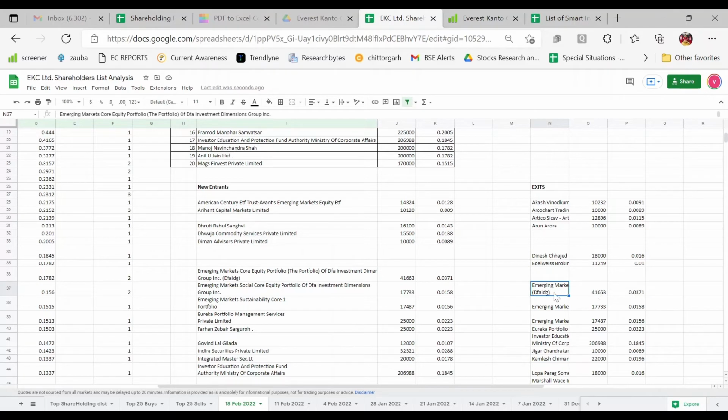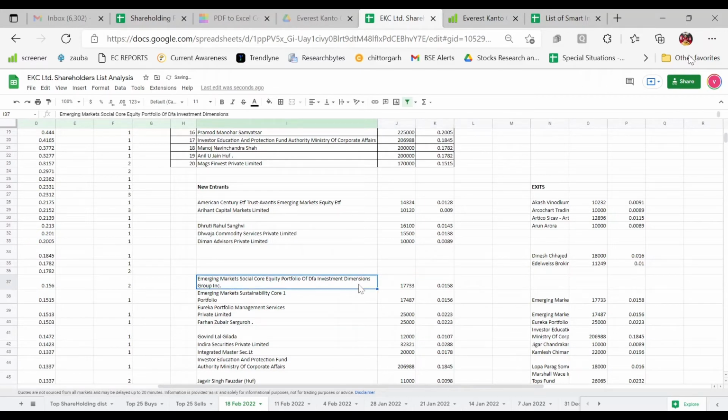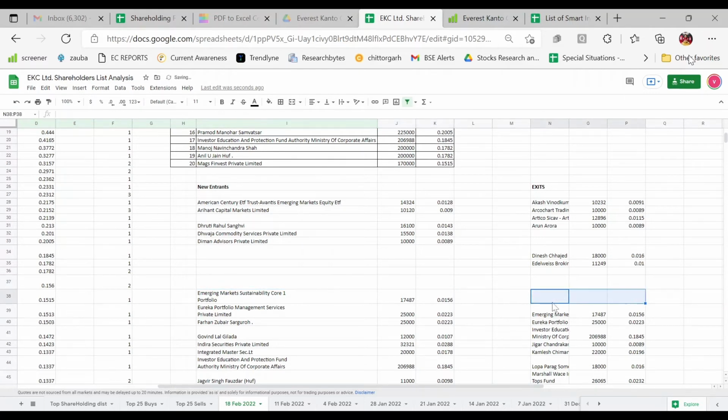I'll check their name again and delete them, just repeating the same steps over and over for all the cells.